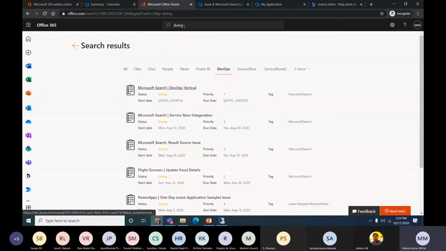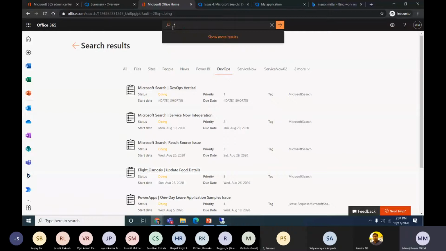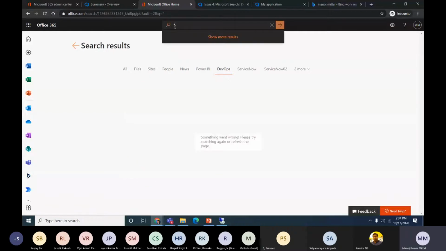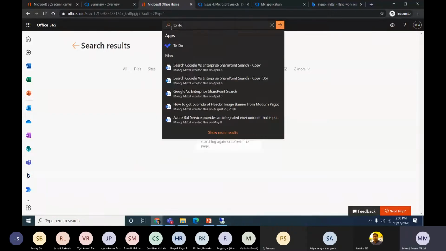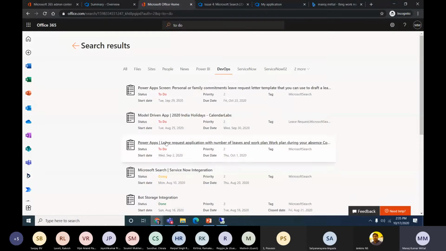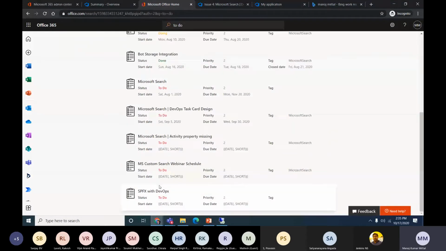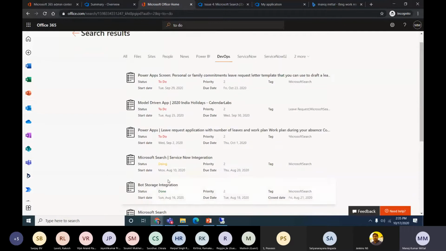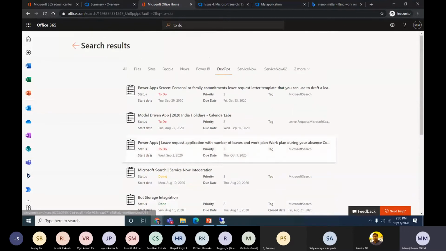Like how I have shown here, I search for the word doing. If I search for the word, it will search for To Do as well. There are different colors: To Do has one color and Doing is different. Those color codings we can also define. We can give the link to this particular section, and the status. So if anybody needs to know the status of a particular task, what's the priority, the due date, the start date, we can design it as per our requirement.